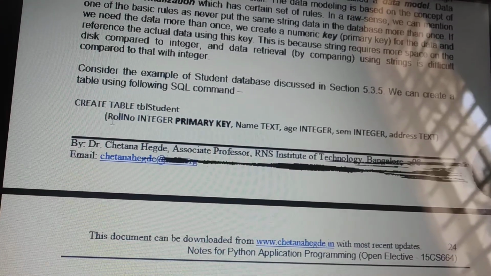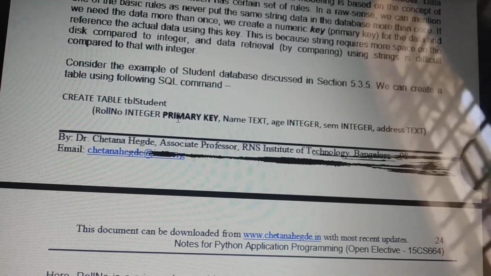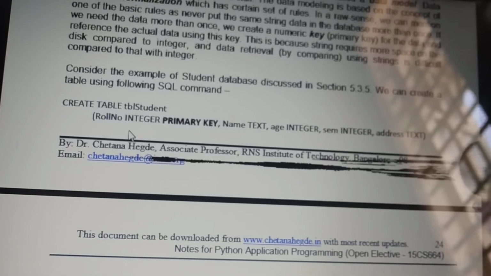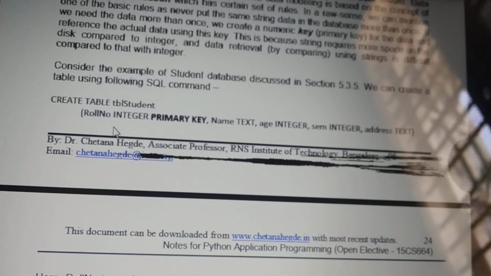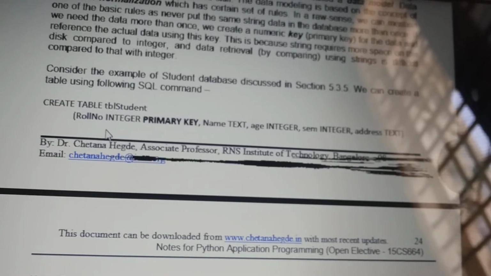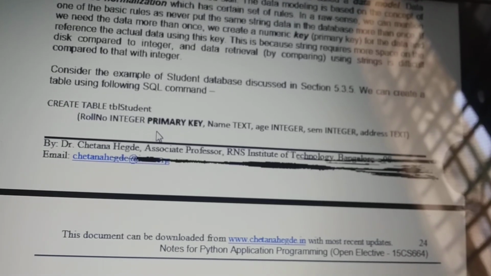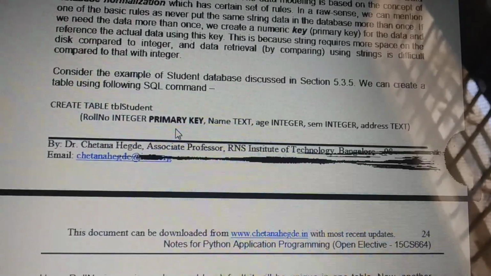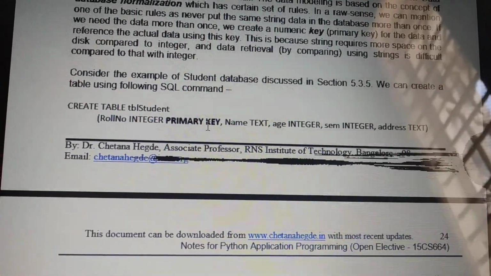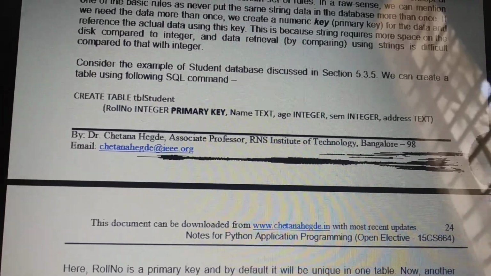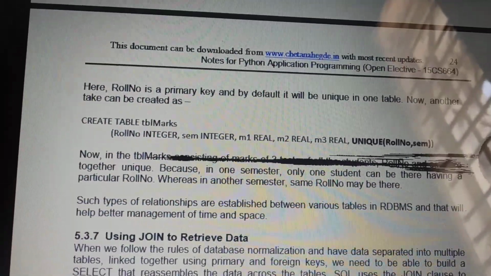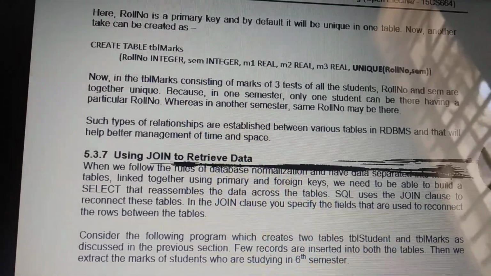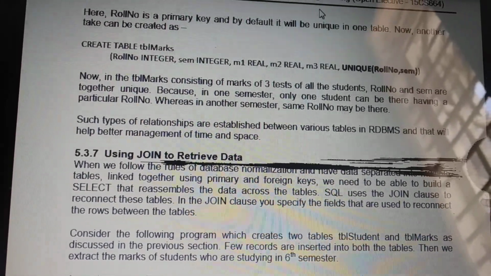So why has only roll number been mentioned here as primary key, not the others? Here you are making roll number a primary key with a constraint that the roll number should not be repeated. Two or more persons can have the same name, but the roll number should not be the same. So only here you are mentioning it as a primary key. That is one constraint you are going to use. Roll number is a primary key, as I told you, it should be unique and should not be repeated.